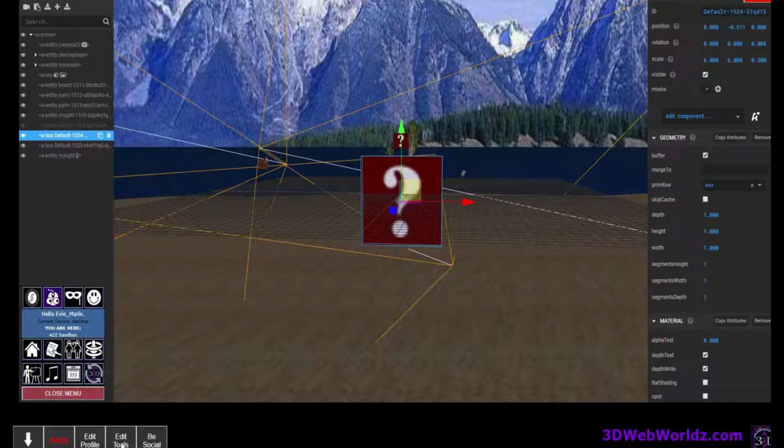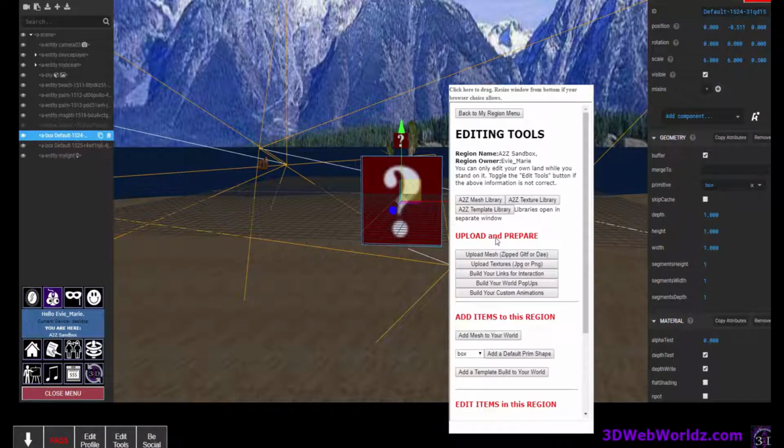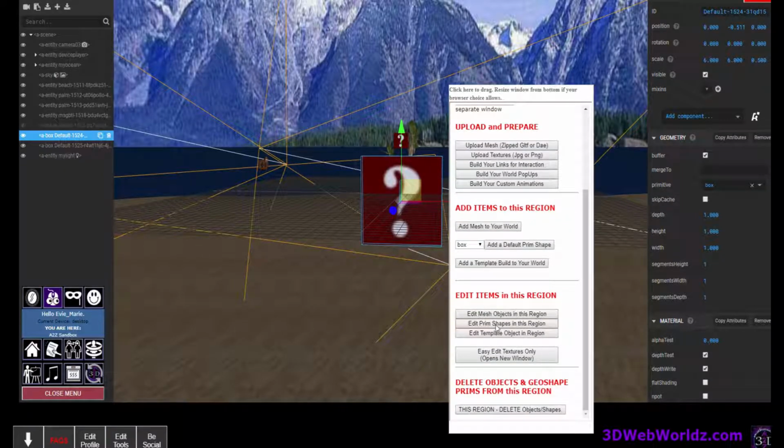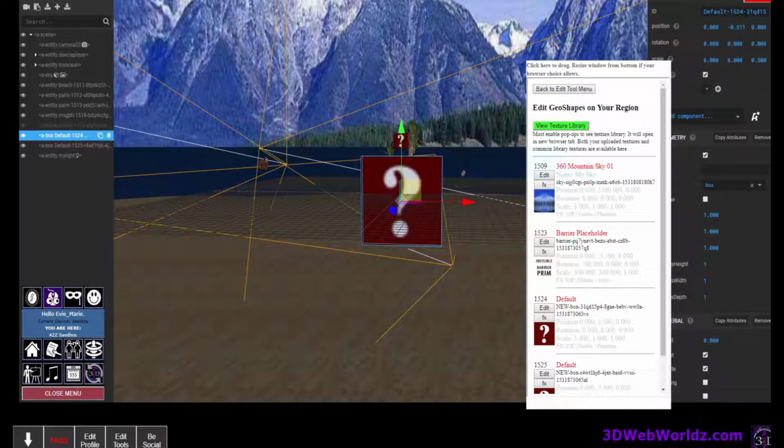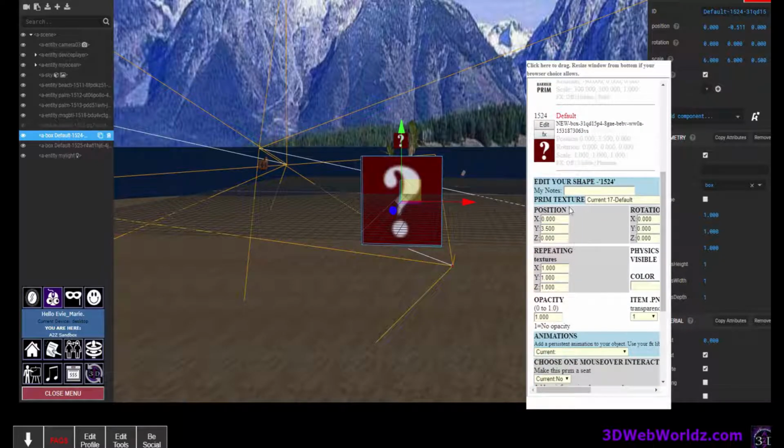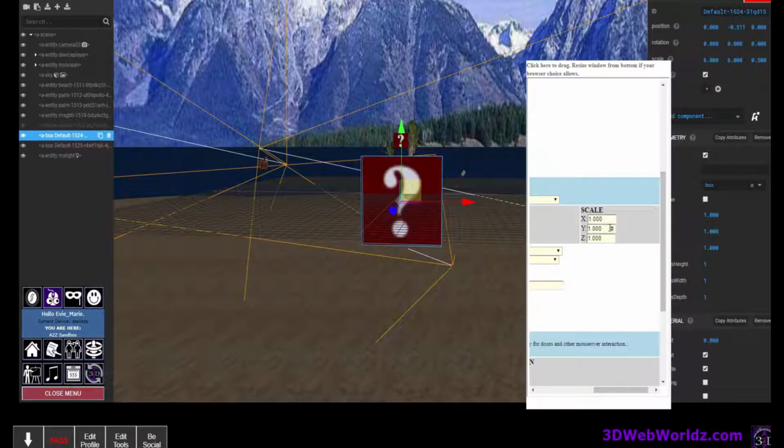Now let's go ahead and open up our edit tools. Edit assets, edit prim shapes. If you notice up here, we're on 1524, so we will edit this. And we're going to call this sample wall. We are at -0.5, and we changed our scale